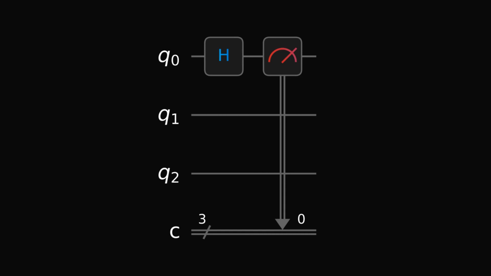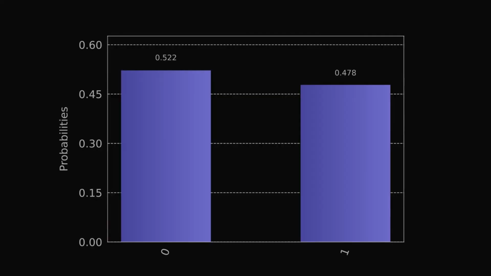Here we have a quantum circuit that is creating superposition in the qubit Q0. Again, we have the Hadamard gate, which is creating superposition on the qubit. And what is interesting, I'm using a simulator here, but it's still interesting that the moment that I measure the state of Q0, it immediately collapses into a state of 0 or 1. So here is the probability distribution of it being either 0 or 1 without the measurement. And you can see the superposition clearly here. The probability of it being 0 is 50%, and the probability of it being 1 is also 50%.